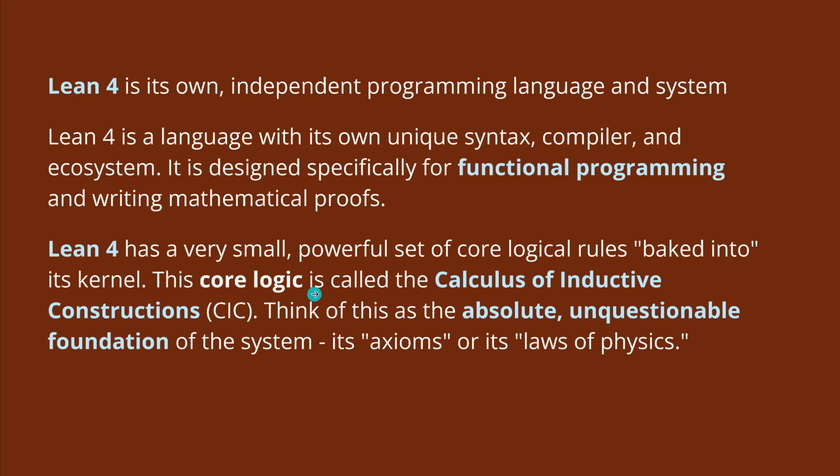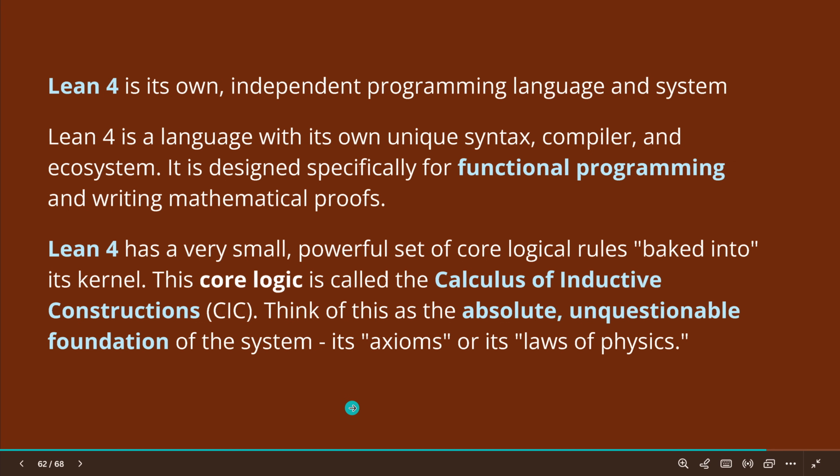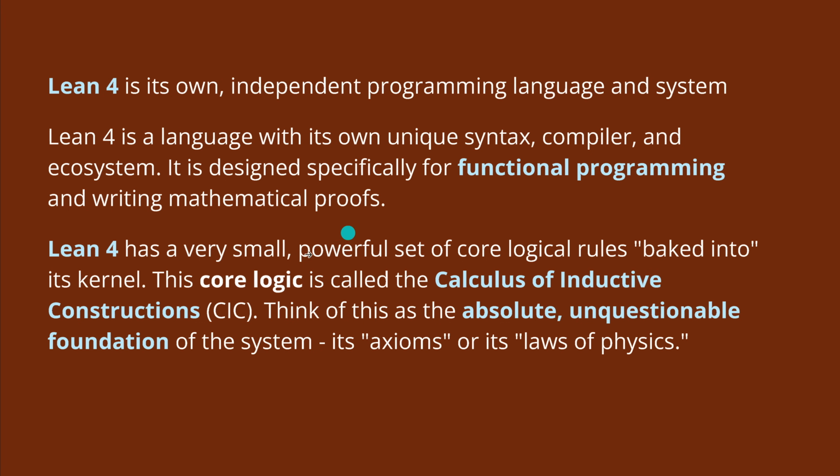Its core logic, if you're a little bit into this, is called the calculus of inductive constructions, CIC. And you can think of this as the absolute, unquestionable foundation of the system. The axioms or the laws of logic, not really physics, sorry, this is standard. The laws of logic, the mathematical